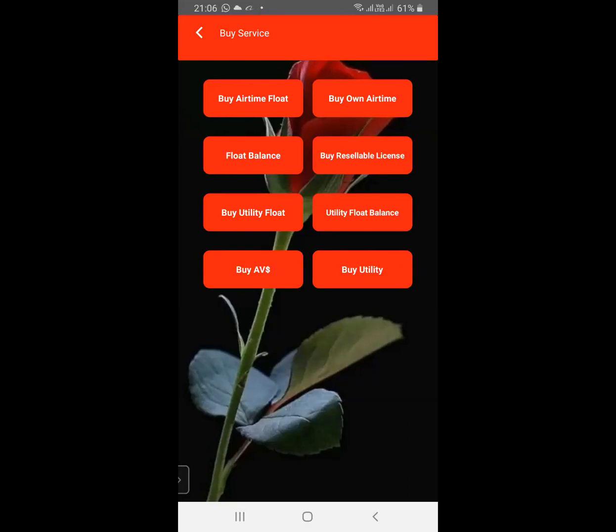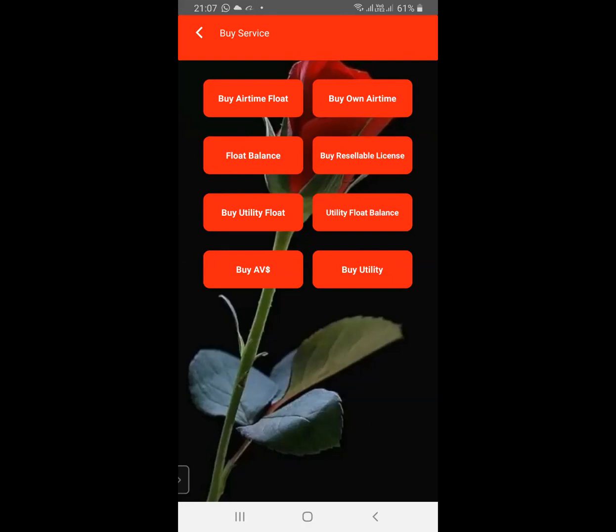I will be looking at that. Anytime you purchase utility float, you get utility commission. And just next to it you have a button where you check utility float balance.